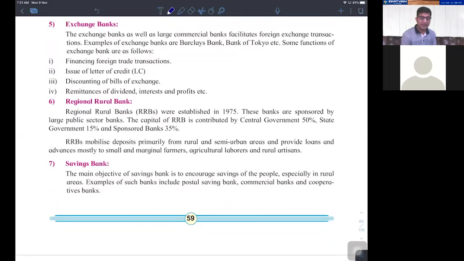Exchange banks, these are basically the banks which are dealing into the foreign exchange and the foreign transactions. That is what they call as the exchange banks. The exchange banks as well as large commercial banks facilitate foreign exchange transactions. Nowadays, in fact, foreign exchange transaction has now, अब जब जैसे मैं आपको एग्जांपल बताऊं, हम लोग जब